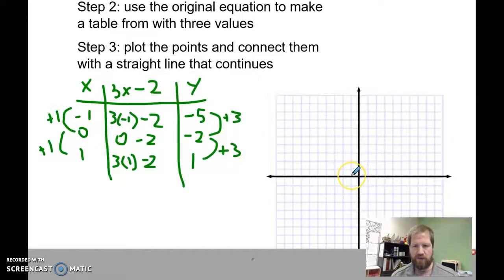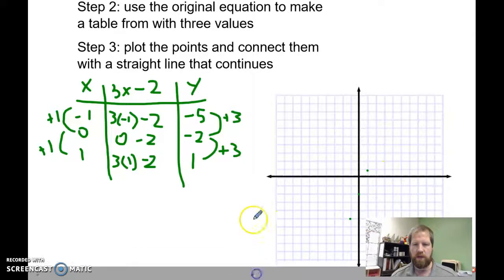So when x is -1, y is -5. 1, 2, 3, 4, 5. When x is 0, y is -2. And when x is 1, y is 1. And there we go. I've got my 3 points, and I can make a graph based on these,